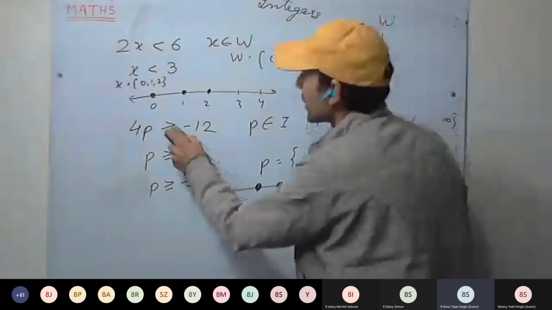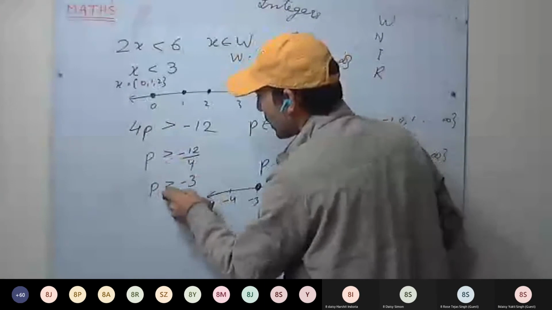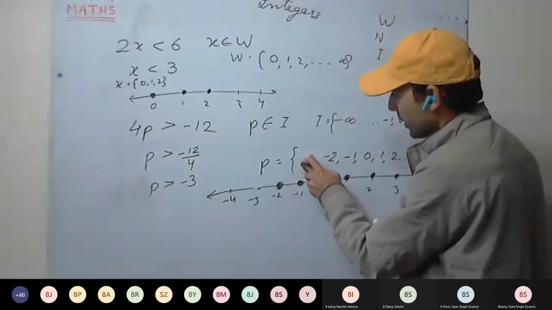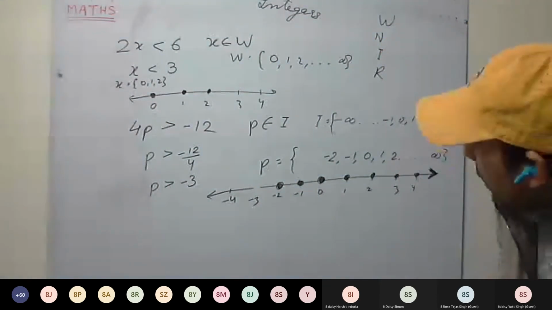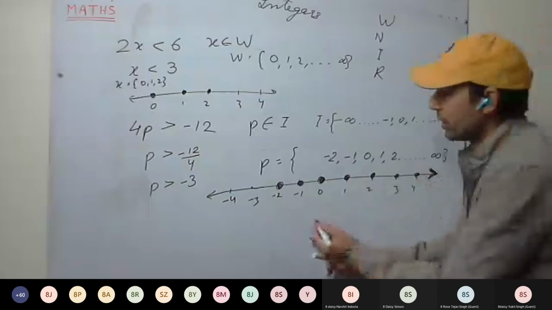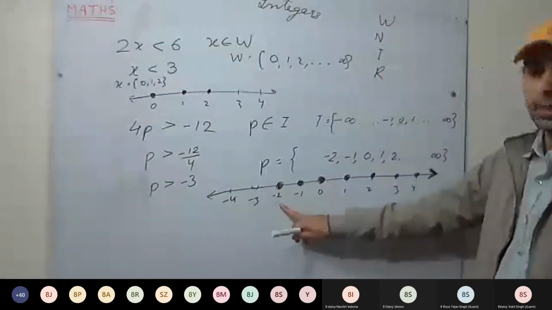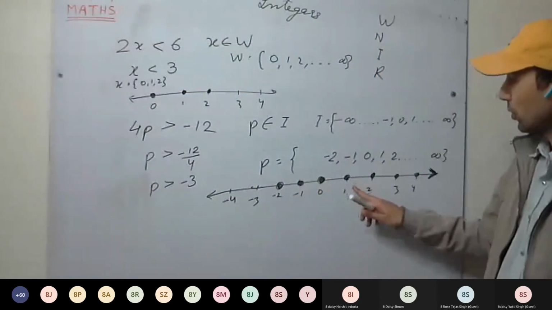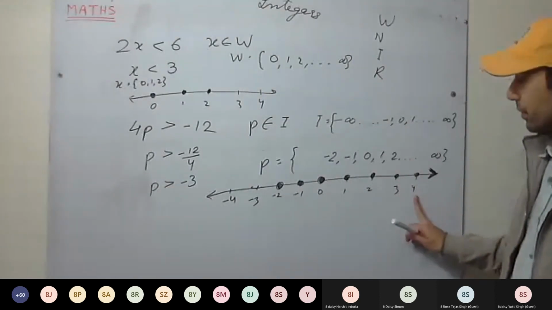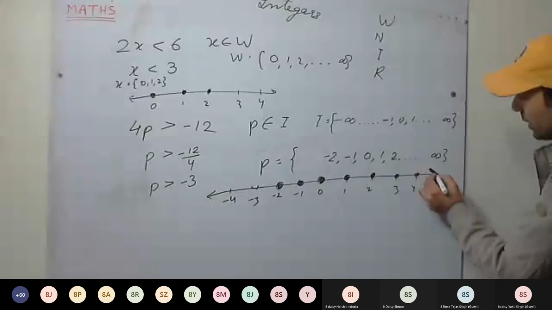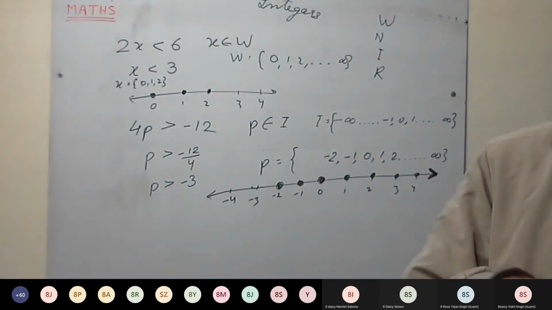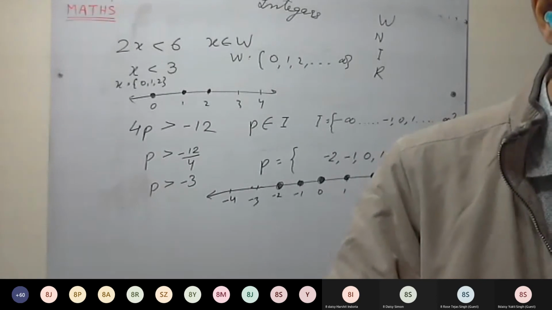Okay, one minute. Okay, see here it's greater than. So greater than minus 3, this won't be included. Minus 3 won't be included. Okay, we start from minus 2. Minus 2, minus 1, 0, 1, 2, 3, 4. Understood? And then infinity, arrow, bold the arrow. Okay, understood this question? So try to solve the second completely and the third.